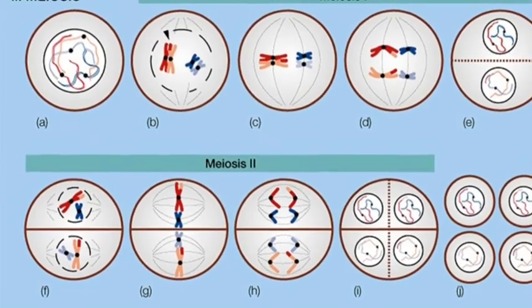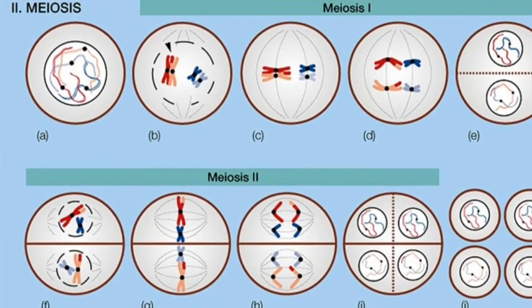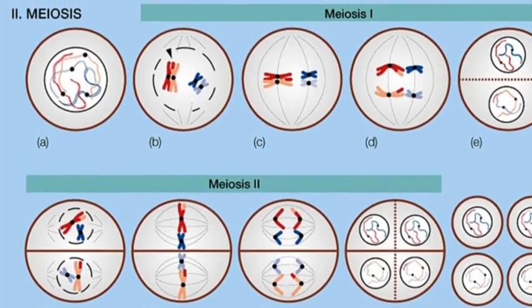When there are three pairs of homologous chromosomes, such as the ones that we drew, there are 8 possible gamete combinations, because when n equals 3, 2 to the third power equals